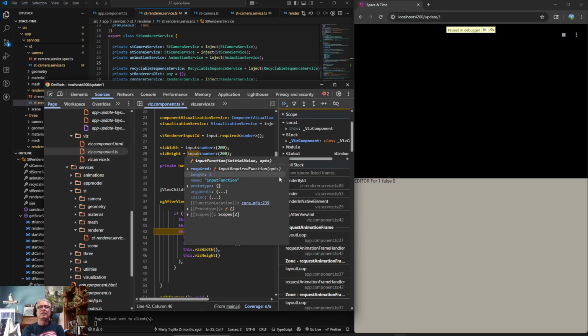Because when the Viz width and height, the other, so the renderer, okay,